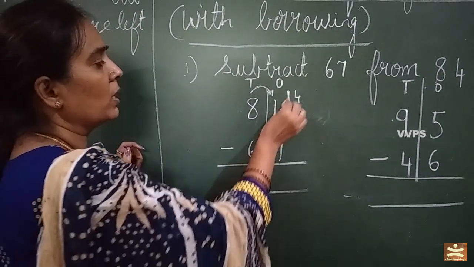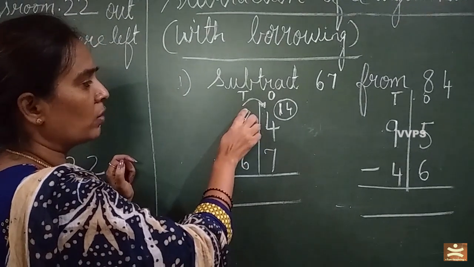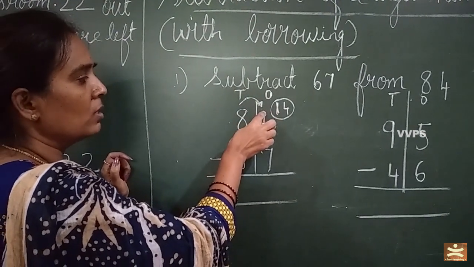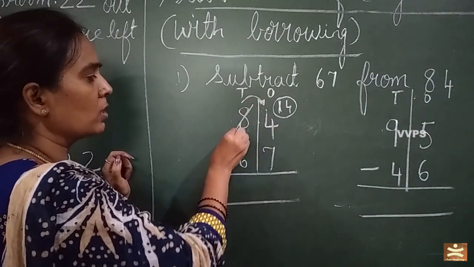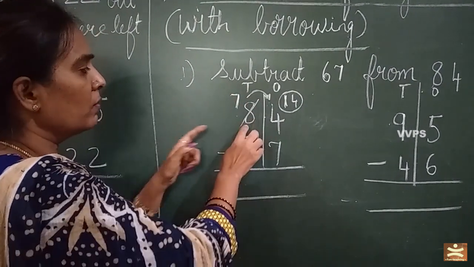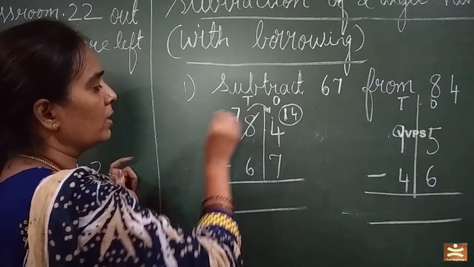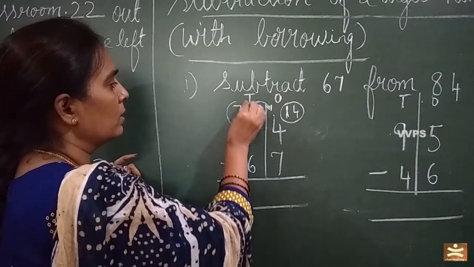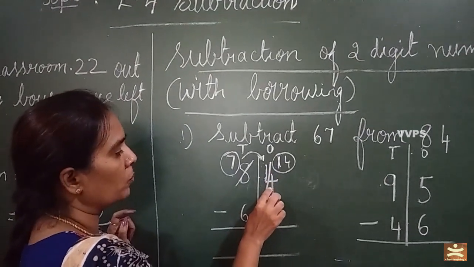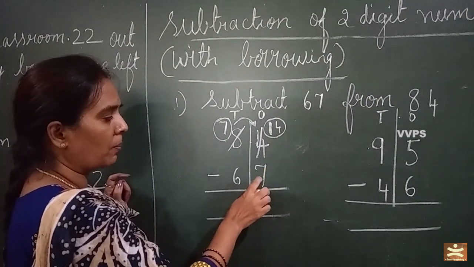Now how much did it become, children? Now it has become here 14. And from 8, you have already given here one number. So here you scratch it. How many numbers will be now here? 7. Because you have given one number to the ones place, is it? So here you scratch it and write here 7. Okay children, you scratch this 4 also because you get confused. Okay? So 14. Now from 14 you have to subtract 7.